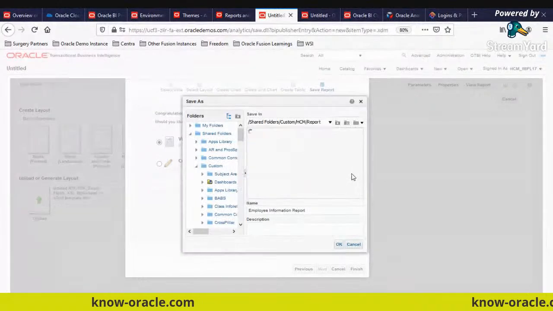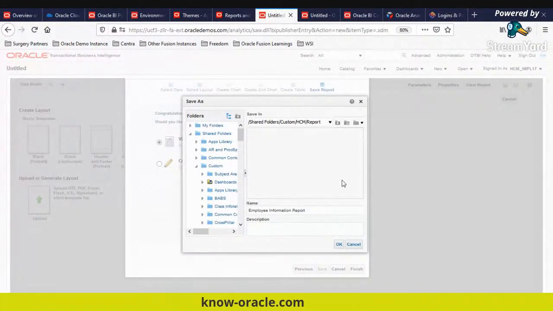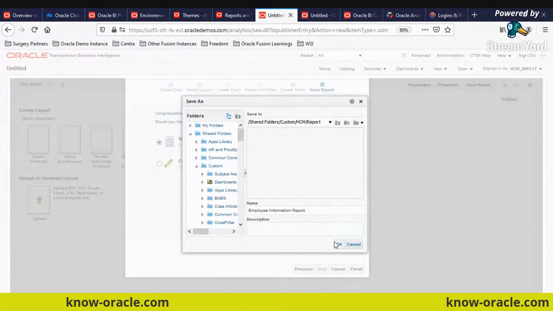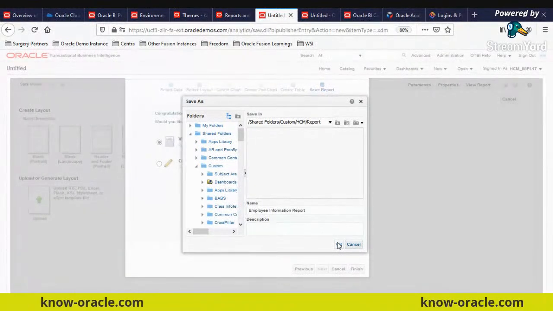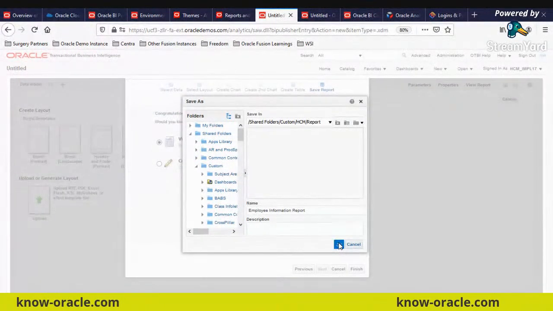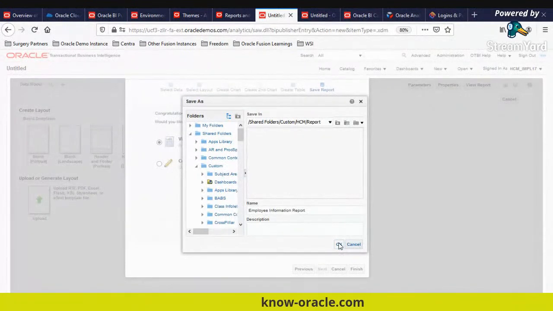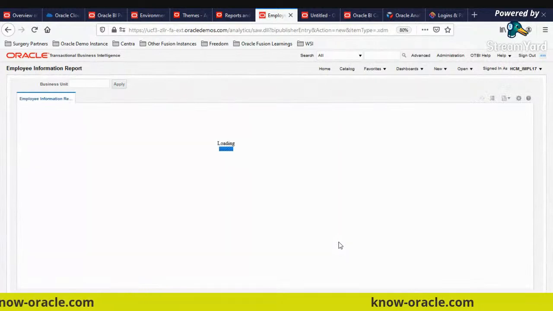For my convenience, it is not mandatory to have the same structure. You can have a different structure as well. You can have like one report name, and then under that you can have data model and the report as well. So it is all up to you. How do you keep it? How do you maintain it? So now